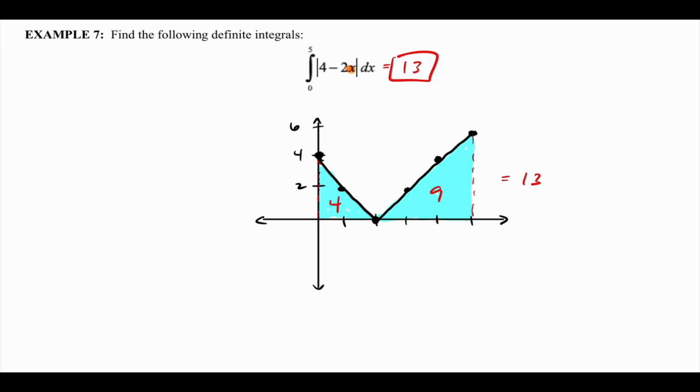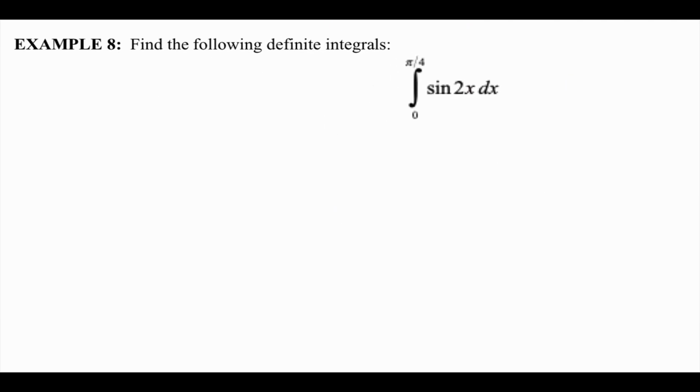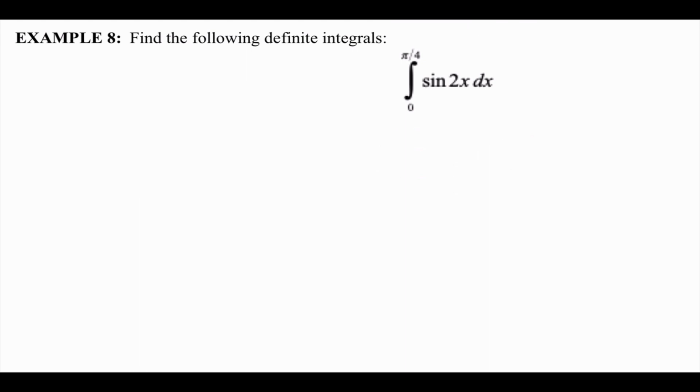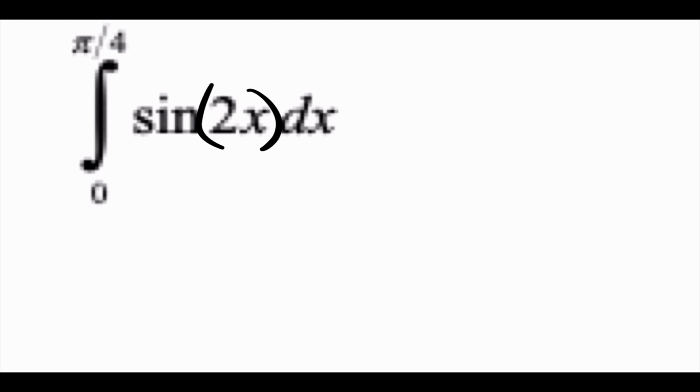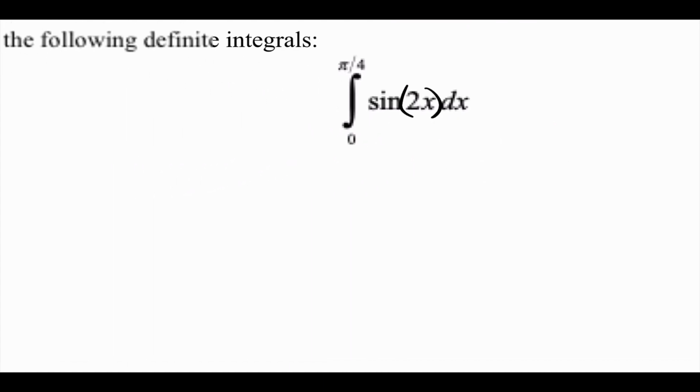Okay. All right, last one. Another trig one. So I have two options for you. How do you know when you're going to use U substitution? Well, you kind of look at it the same way you would look at a derivative. If I was finding the derivative of this equation here, I would need to use the chain rule. If that's true, to find the antiderivative, you're probably going to need to use U substitution. Okay? They don't work the same, but